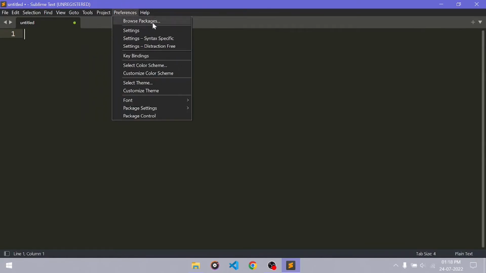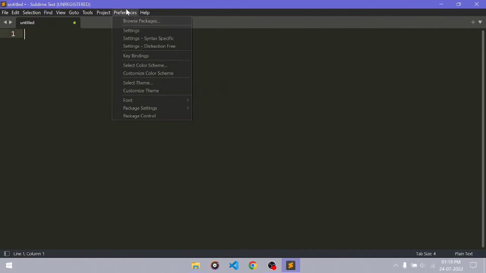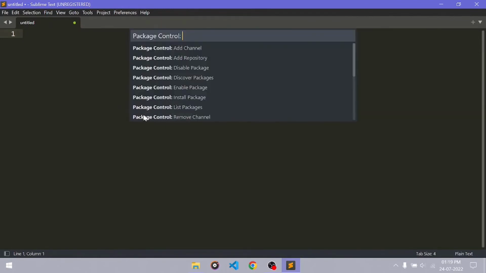Then preferences, browse packages. This is an interesting option, browse packages. If I click on this browse packages, it will ask you to enter the package which you have currently installed, but I have not installed any package, so I may go to package control. In package control I can add,